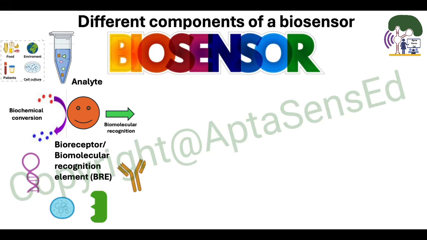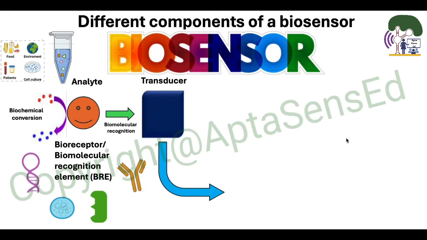After this biomolecular recognition process, those biochemical changes are converted into an electrical signal using a transducer. Now, the biochemical changes occurred on the surface of the transducer. They can be electrochemical, optical, fluorometric, etc. And those signals are detected by the transducer and converted into a transduced signal or an electrical